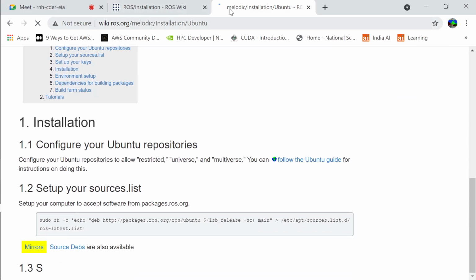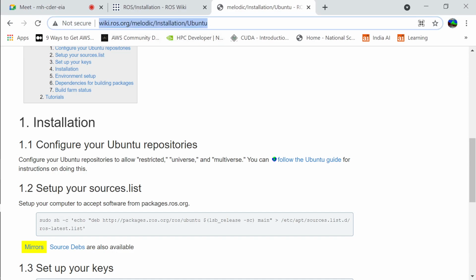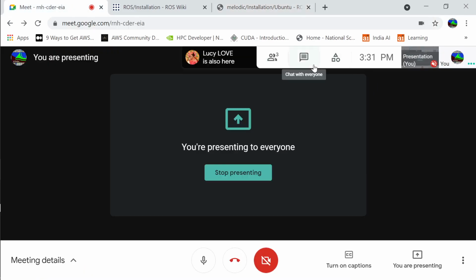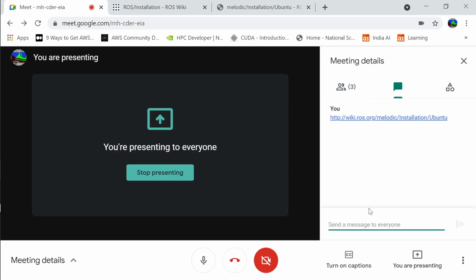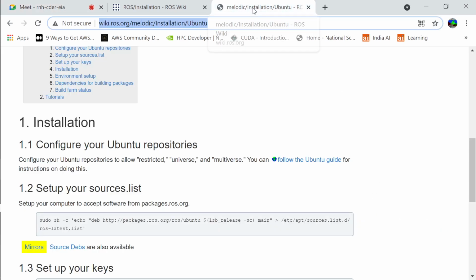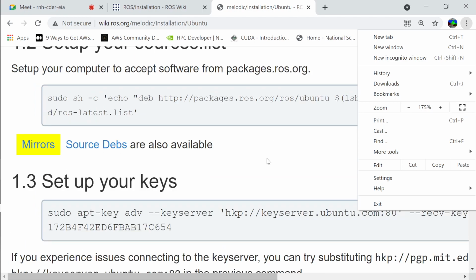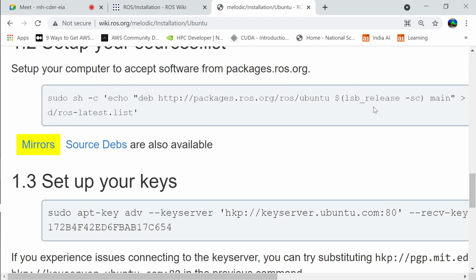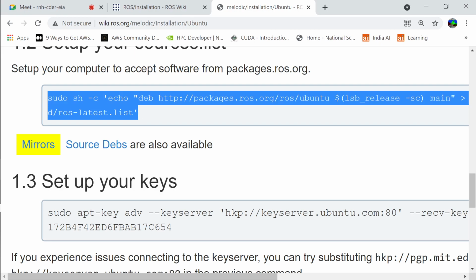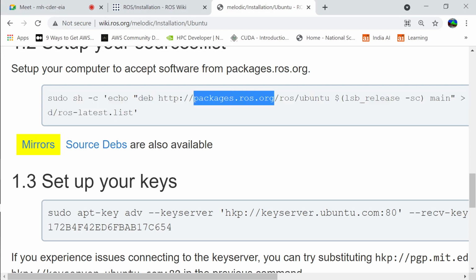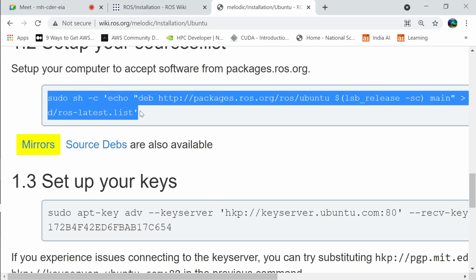Okay. So I am installing the melodic version, okay? So I'm going to share this link with you. Okay. So can you see this? What is given over here? This command, are you able to read it? Yeah. So this basically is trying to get all the packages, so packages.ros.org, right? So it is going to connect to ROS and going to get all the possible ROS